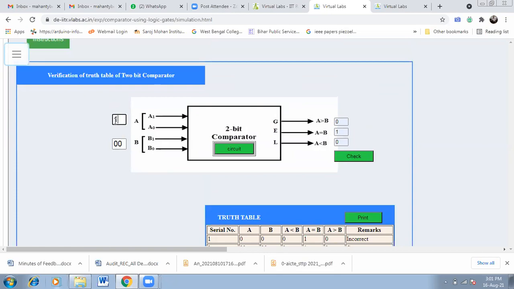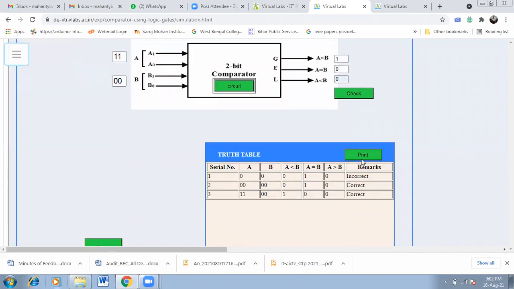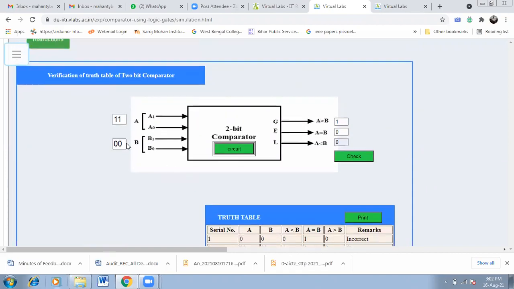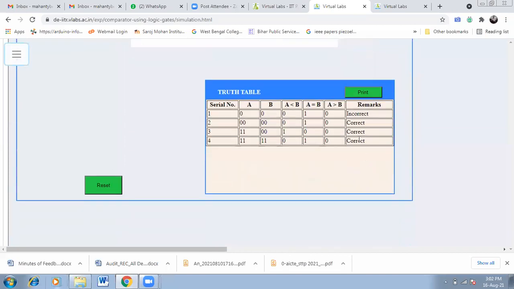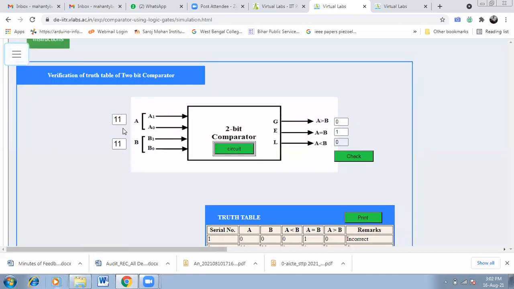Now you can take this 1, 1. This is 0, 0. So that means A is greater than B. So A is greater than B, that should be 1. That should be 0. Now check this one. This is correct. In that way, again you can put 0, 1, 1 here. So A and B are the same, so you have to put a 1 value here. Any other cases will be 0. Now check it. This is correct. So in that way, here you have to use 2 bits because this is representing A0 and A1 simultaneously.